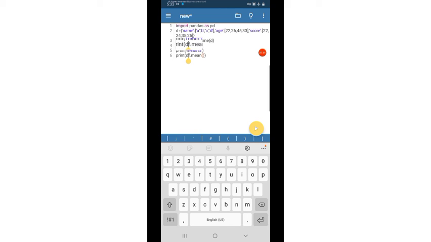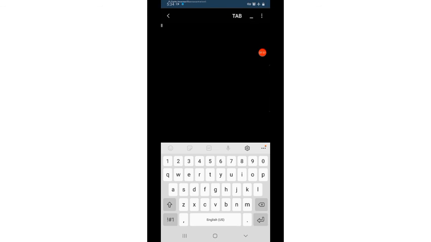Here we can give the column name inside square brackets. So the mean of the age column is obtained.